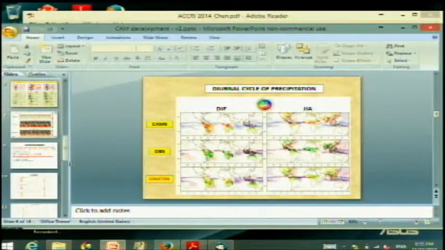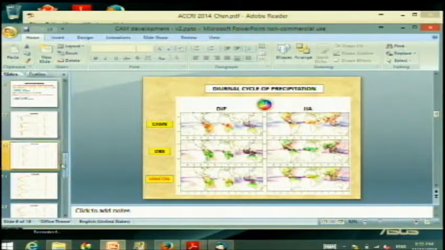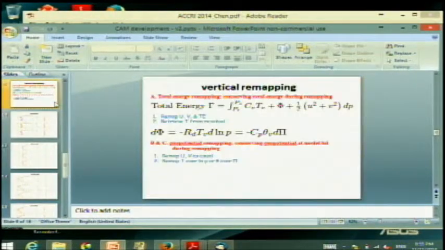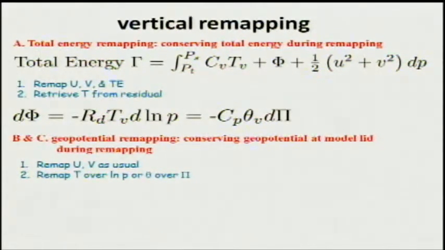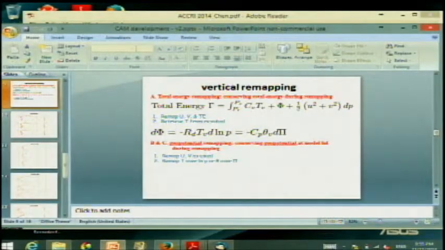Here's the recent development in CAM, but I'll just jump to the very last part of my talk because I'm directly involved in this. And this is very fresh because this just happened about 2 weeks ago. This is actually kind of a saga in the finite volume dycore. There's a vertical remapping. Before I show you this equation, maybe I should just show you the final result.